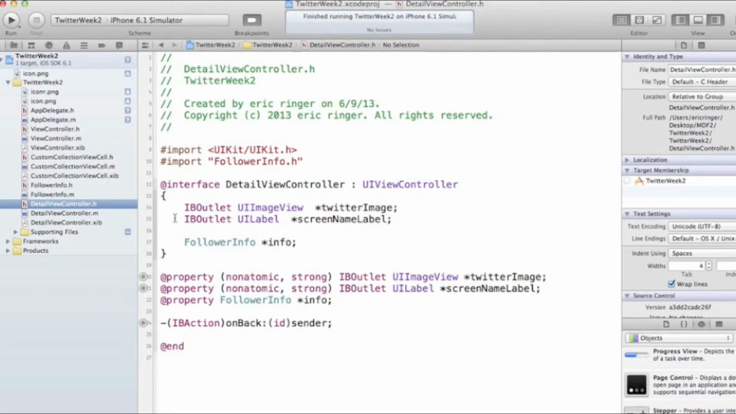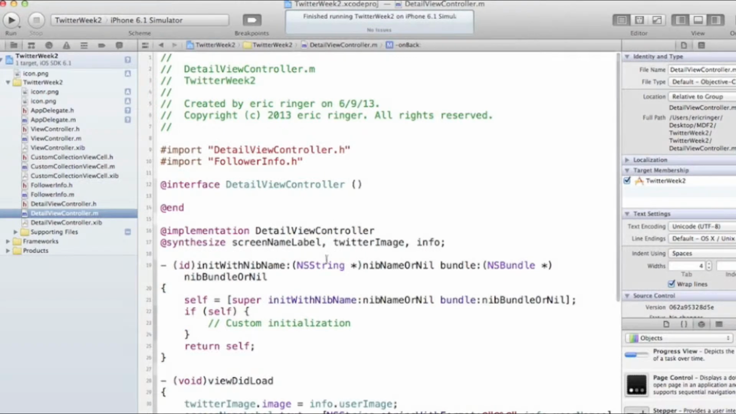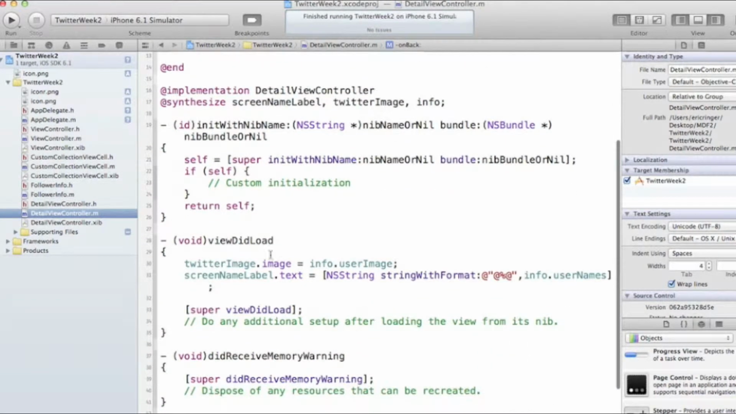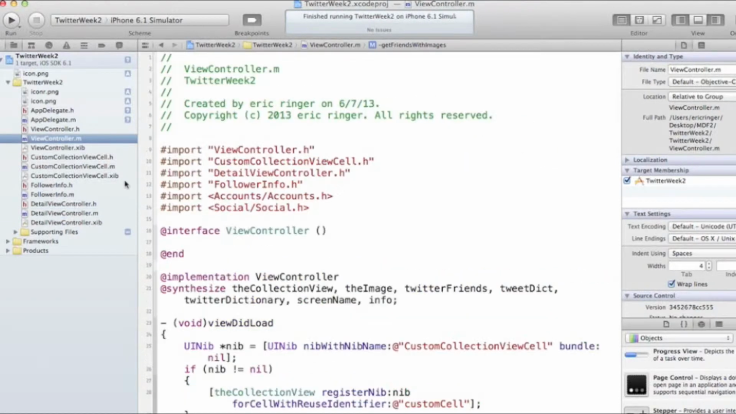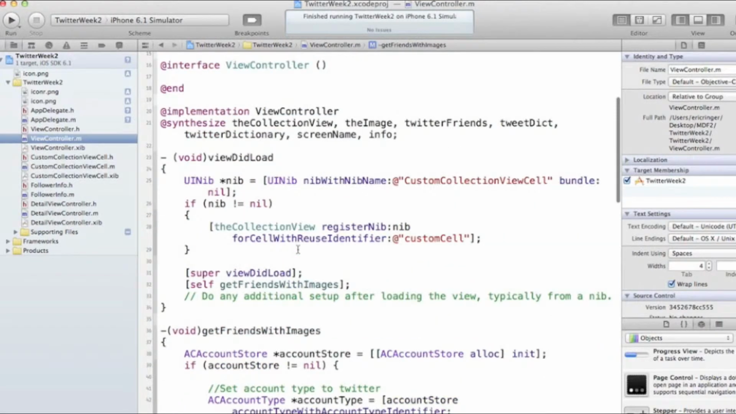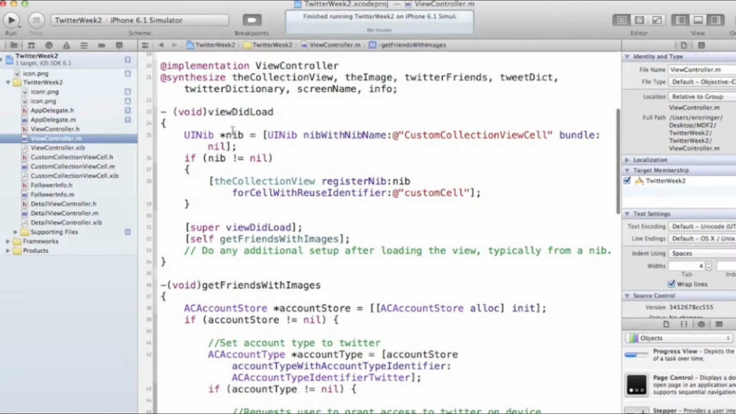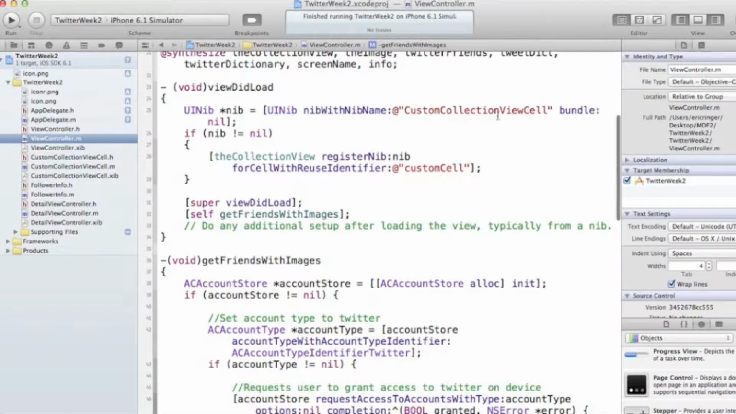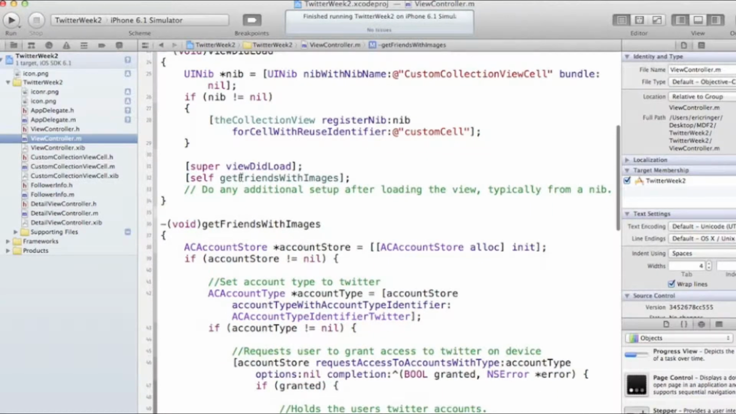And then I made it so when you click on the actual image, a detailed image will display their user image and then their screen name. So let's just go over the code a little bit. I created a UINib. I gave it a name of custom cell. I'm telling it from the custom collection view cell to get the collection view, and then I created a function